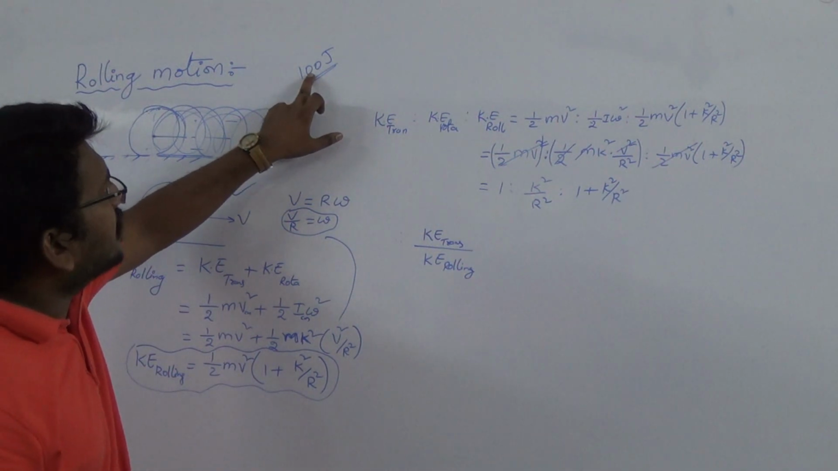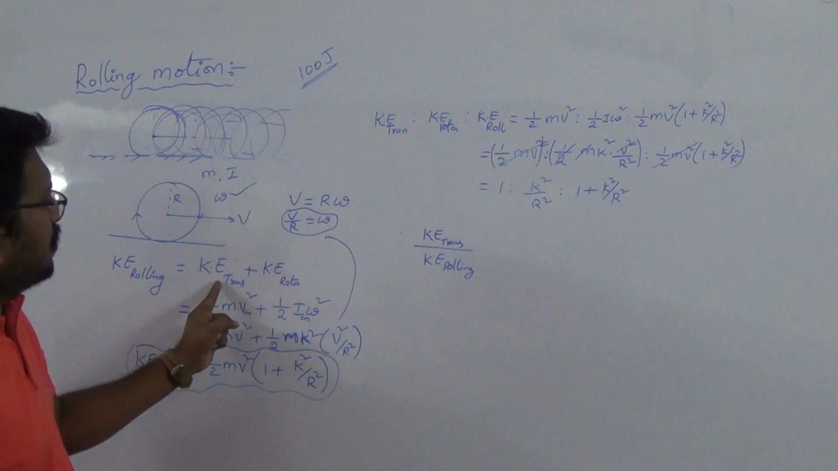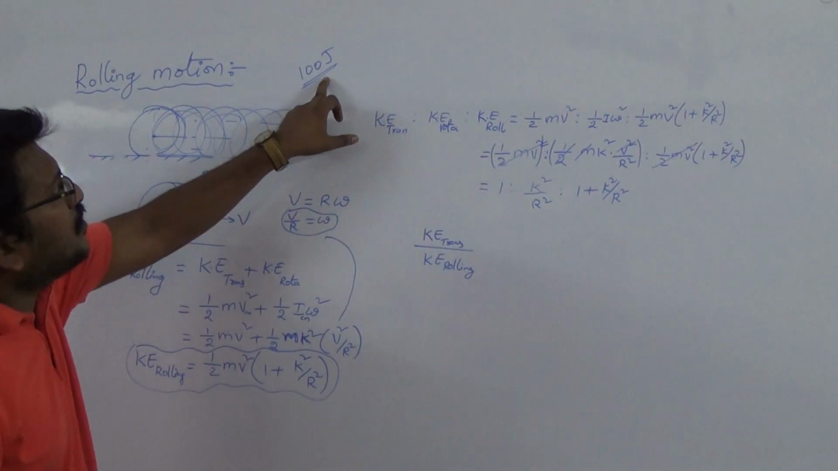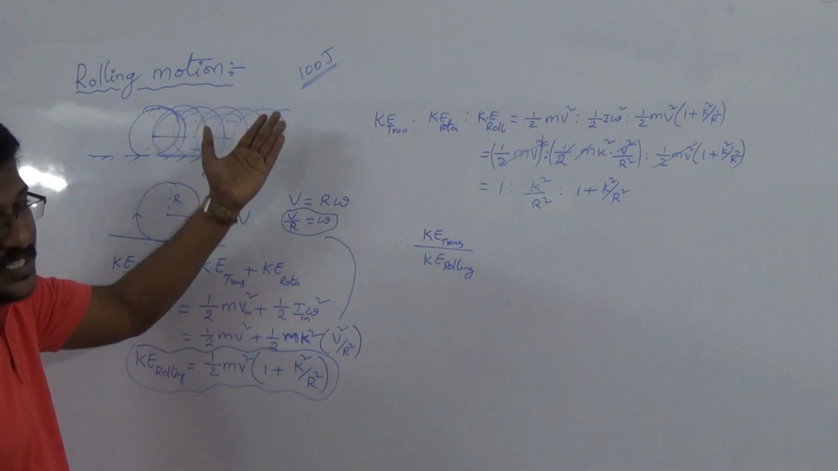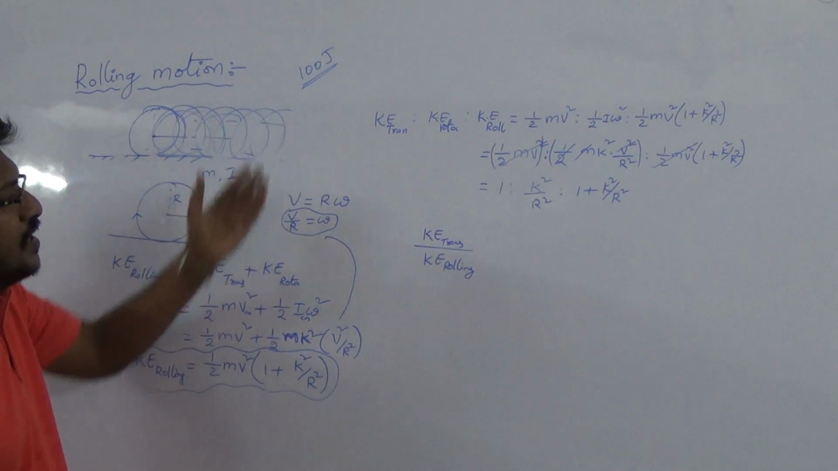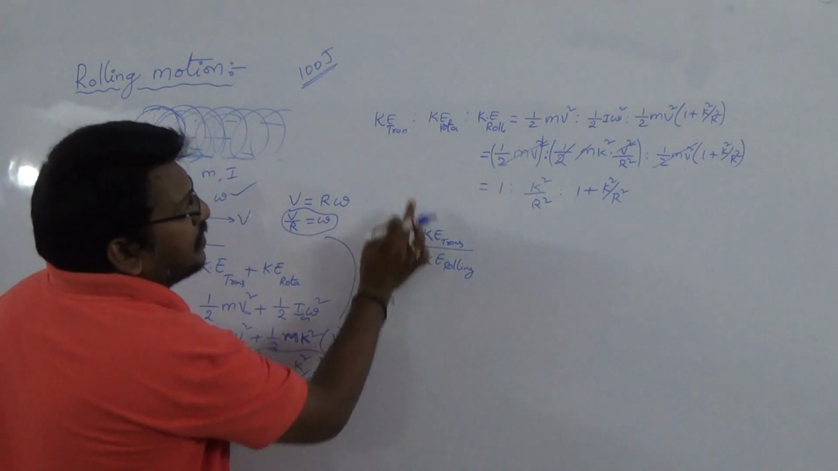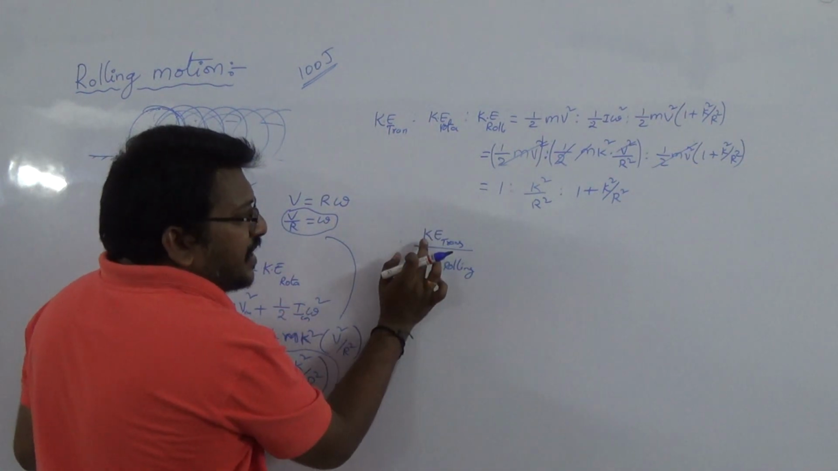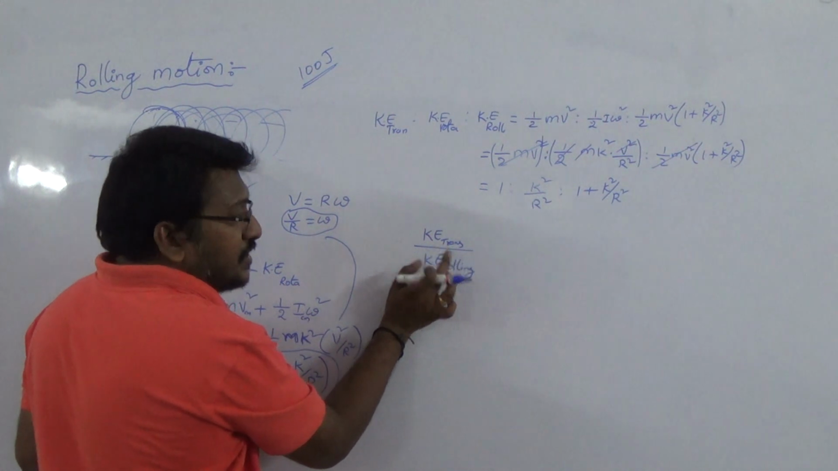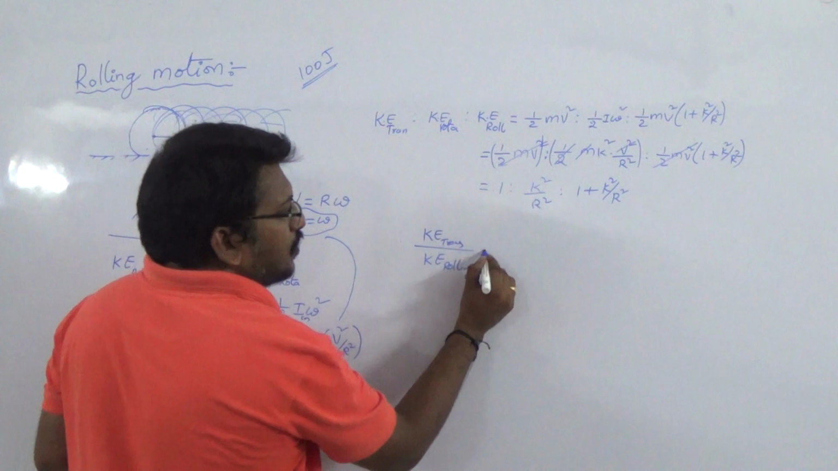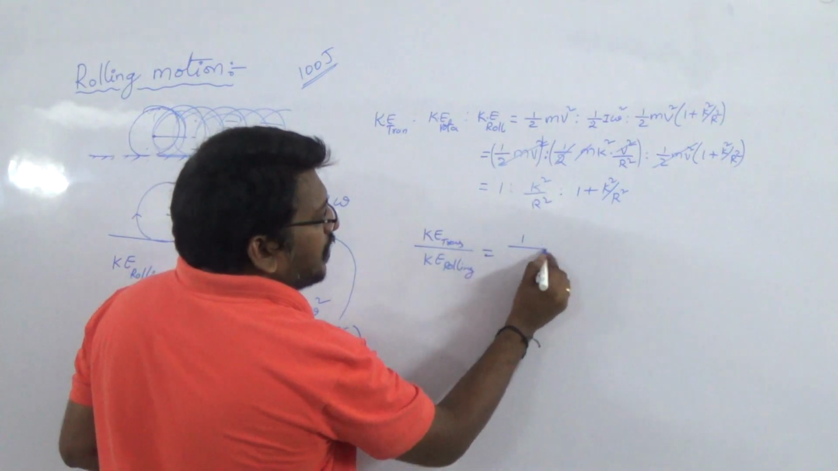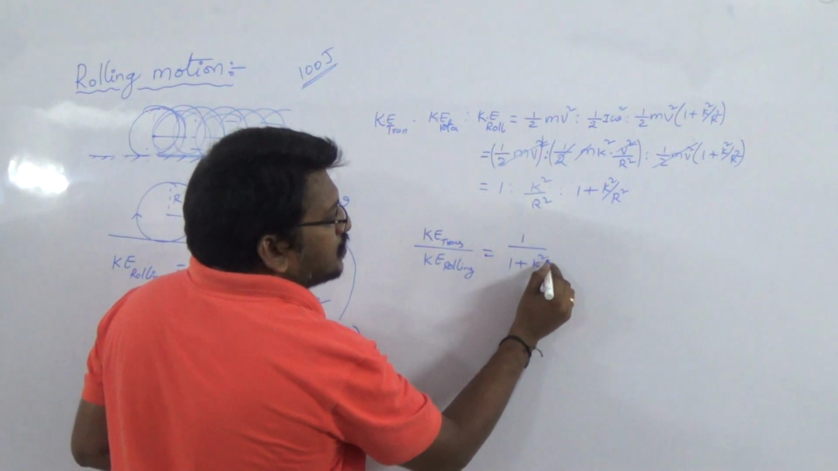So from this 100 joules, some amount is due to translatory motion, some amount is due to rotatory motion. What part? 50% or 60% or 30% or whatever it may be. That can be calculated by using this formula. The fraction of kinetic energy due to translatory motion in total energy is 1 by 1 plus k square by